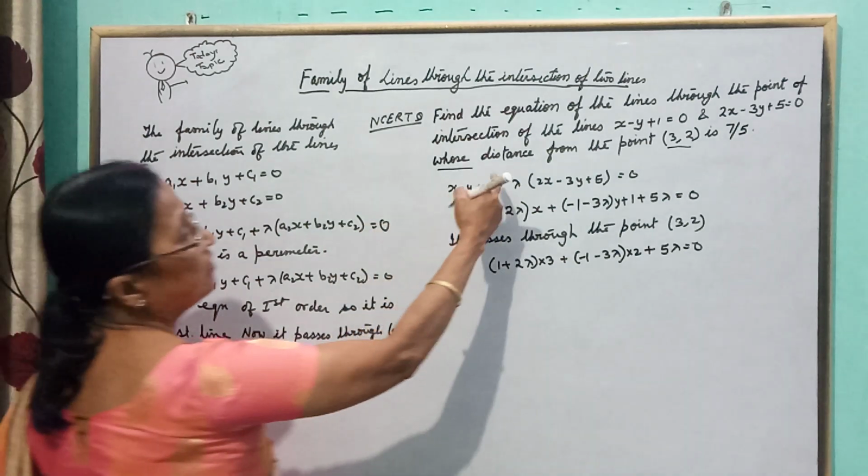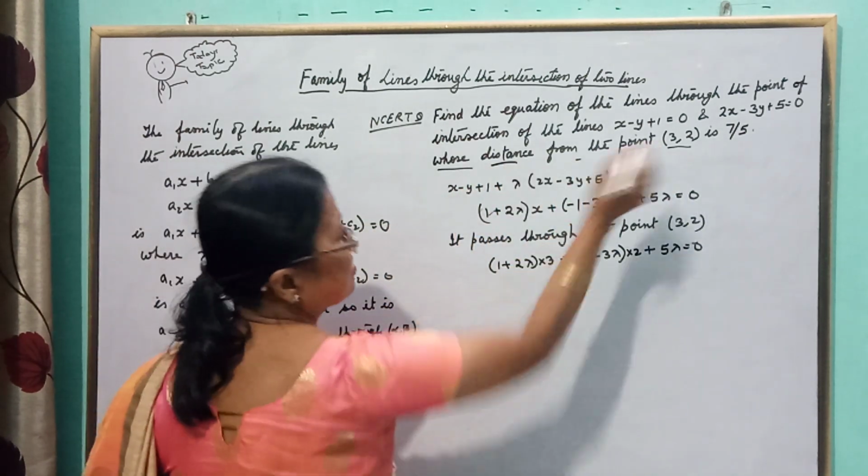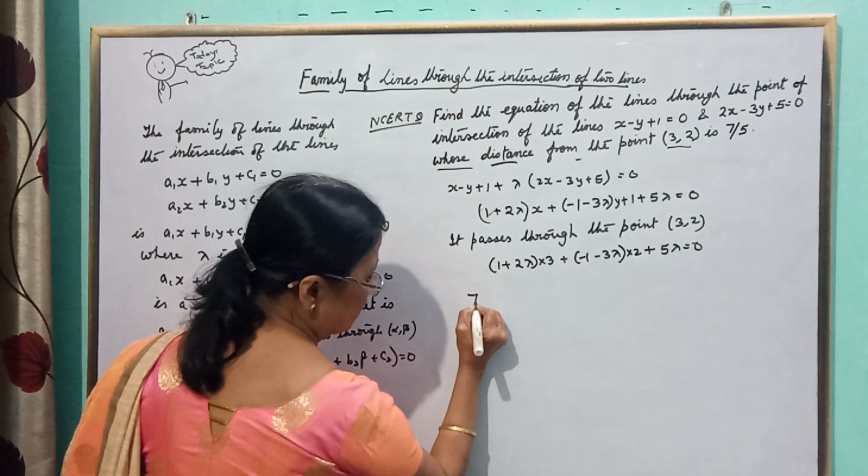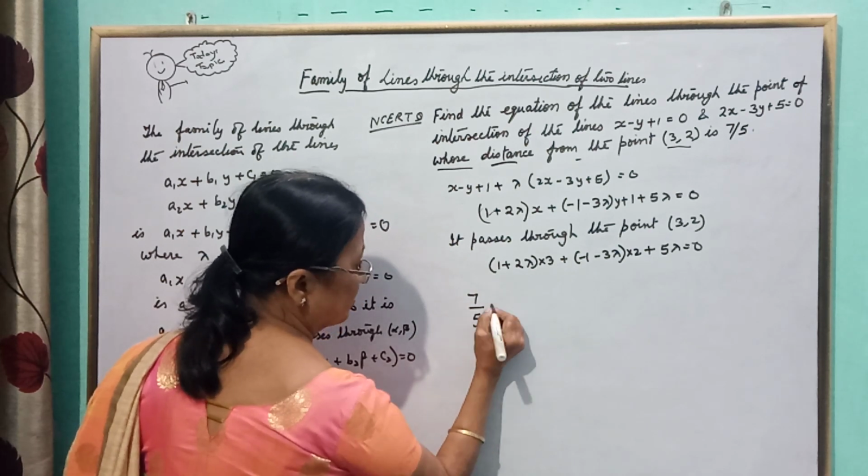Now another thing is given, the distance is 7 by 5. So you know the distance formula, 7 by 5 is equal to